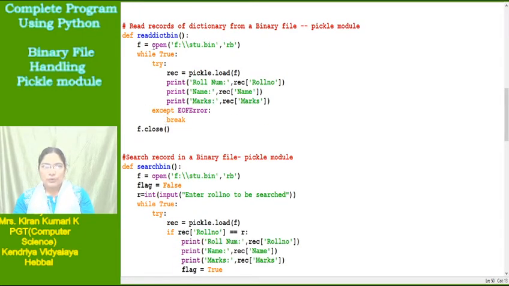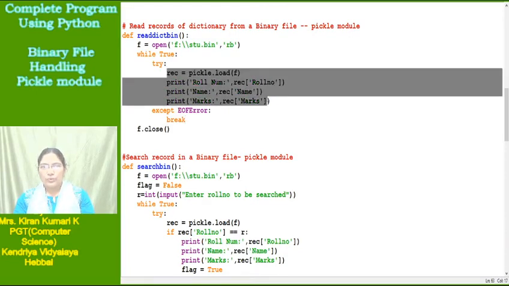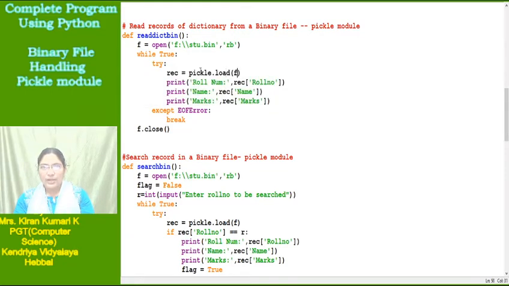Now suppose you want to read one dictionary at a time, so that for each record the roll number is obtained and displayed, the name is obtained and displayed, and the marks are displayed. For that, what am I doing? Open the file in read mode. While True is a never-ending loop, so for that reason some condition should be there where the loop is broken, using break. Now, whatever you want to do, we are loading from the file: load one object at a time and then display it, and if content is still there, it will stay in the loop.